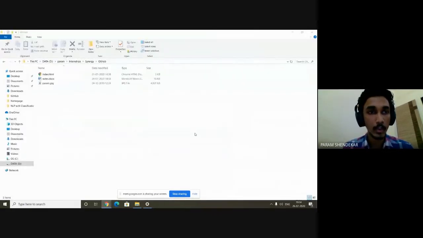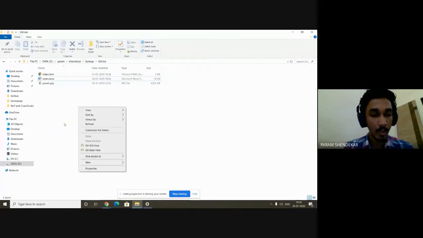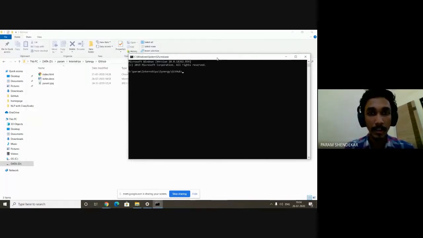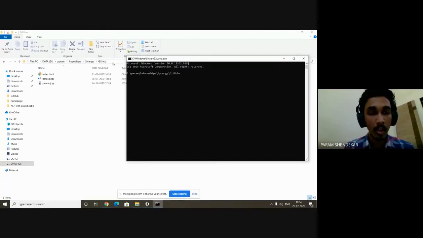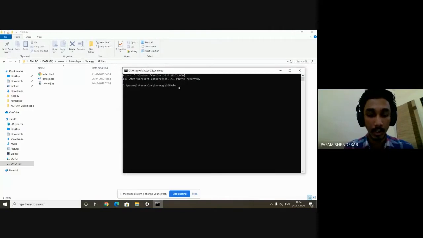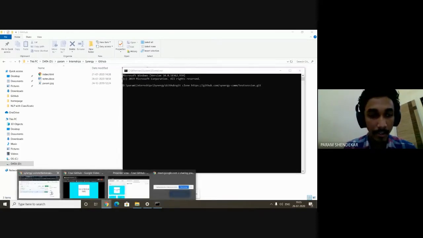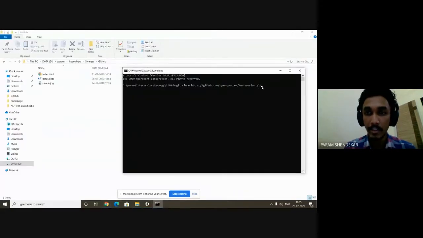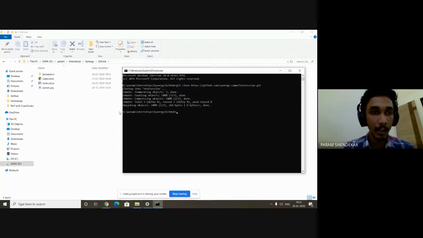What I'll do is I'll go into the folder where I want to keep that repository. So I will open the generic command prompt here, and I did so by typing CMD on the top. So it opened right here in this particular folder. I don't need to navigate. Now I'll type git clone, and then I'll paste this particular link that I had copied from here. This is the same link that is present here, and here I have pasted it. So what it does is when I click enter, it will clone that particular repository.